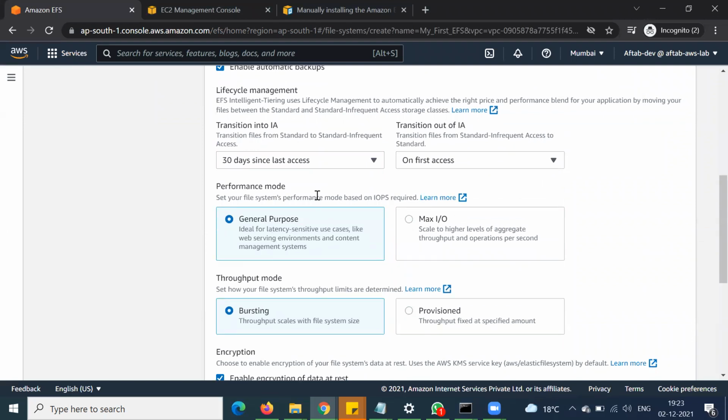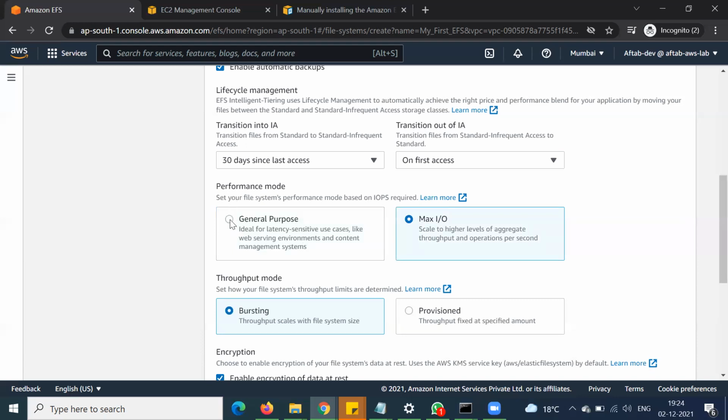Then the performance mode. There are two kinds of performance mode provided by AWS: one is general purpose, and another is maximum input output. General purpose is ideal for latency-sensitive use cases like web serving environments and content management systems, and max I/O scales to a higher level of aggregate throughput and operations per second, so for big data kind of projects you can use that one.